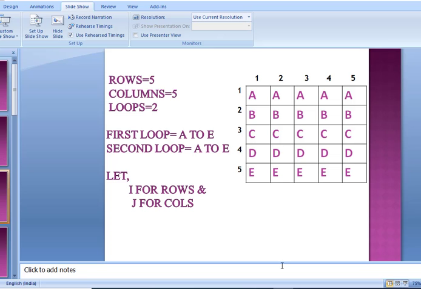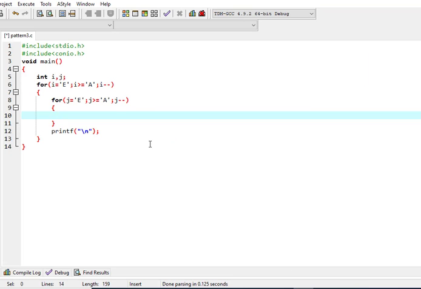So let's have a look at the coding section. Here I have already written the code because it is similar. These are the header files. As you all know, this is the main function. Int i and j are the variables and these are the 2 loops.